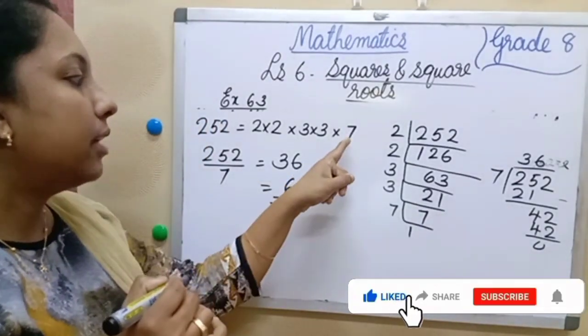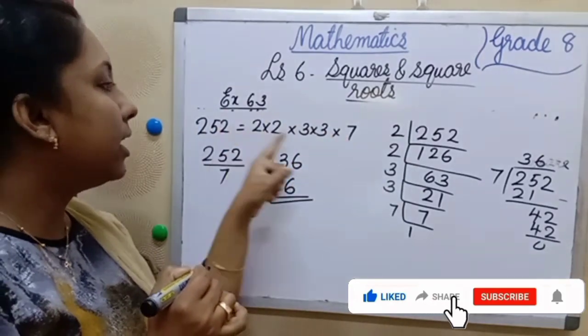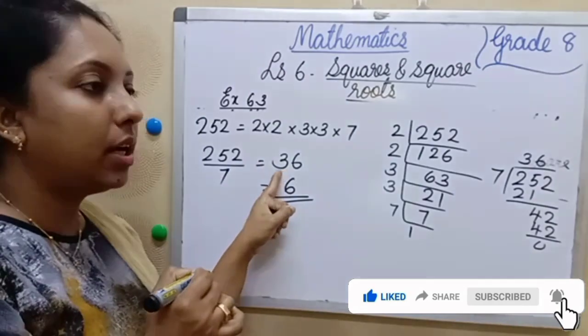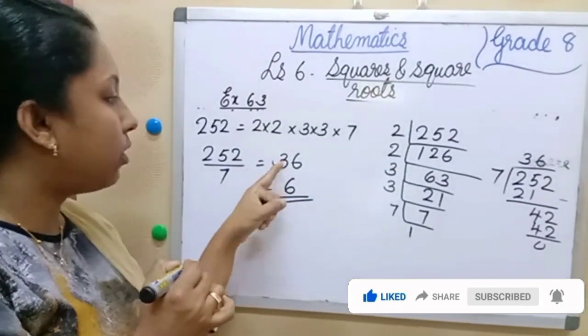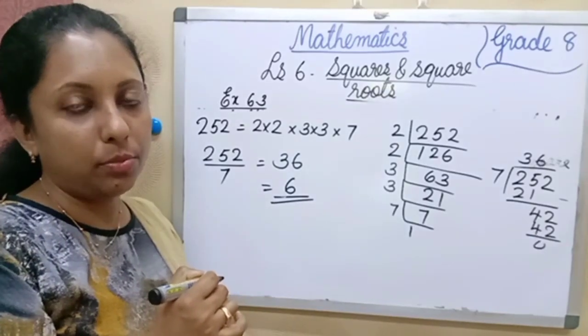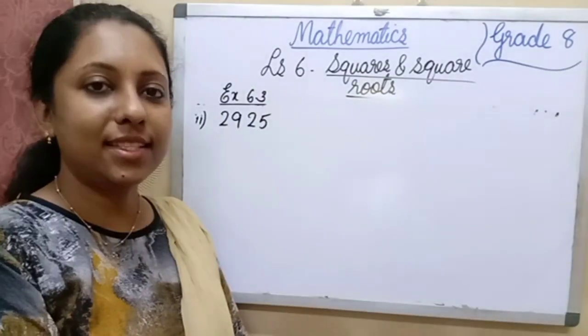So when we divide 252 by 7, the new number will become a perfect square, and the square root of the new number 36 is 6. Hope it is clear. Next number,